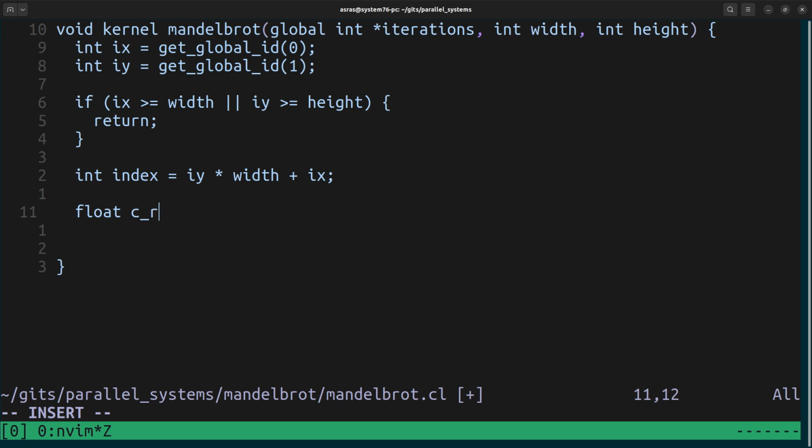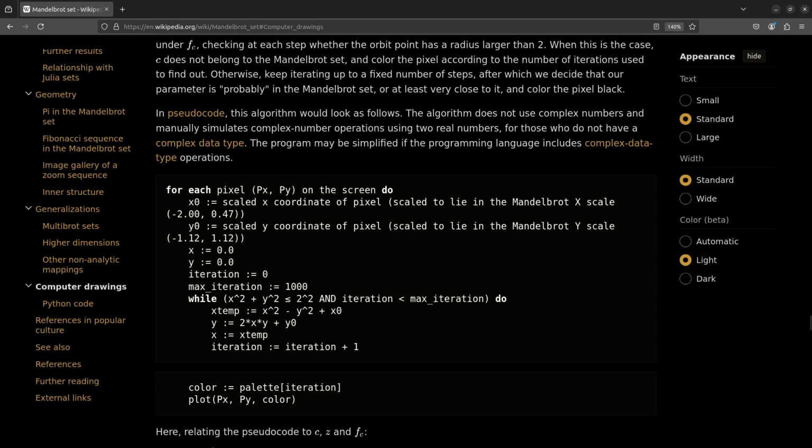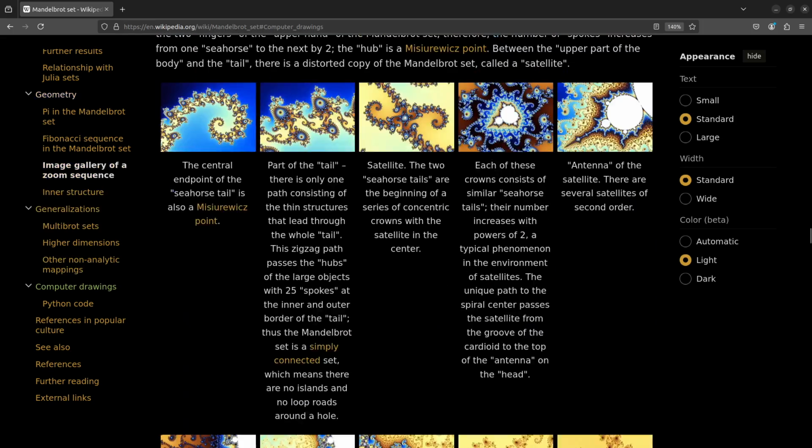So we'll say C real is going to be determined by the x. So we will cast that to a float. Then we'll divide by width. And we want it to go, for mathematical reasons of how this works,